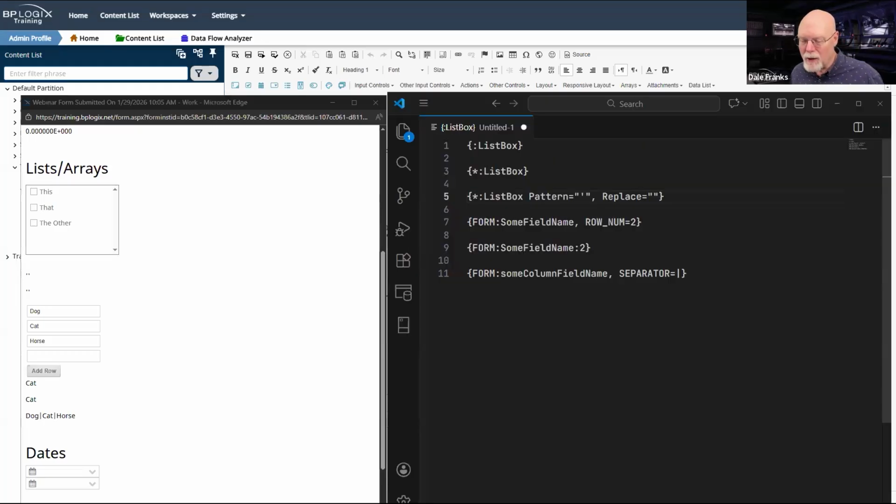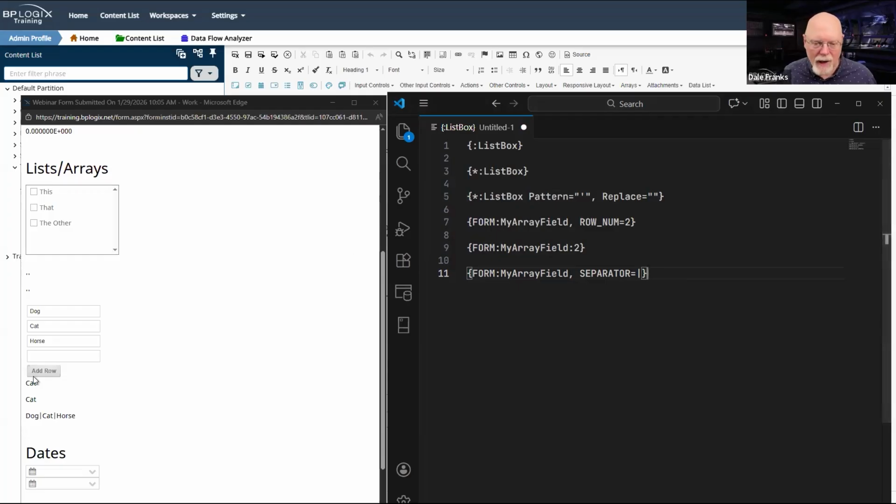So we'll take a look at what it is that we're actually looking at for our system variable. Arrays, as we mentioned earlier, are one-based objects. So the first row of an array starts at one in a process director form.